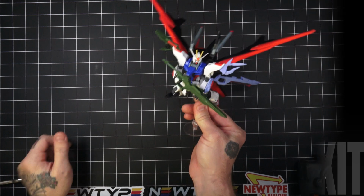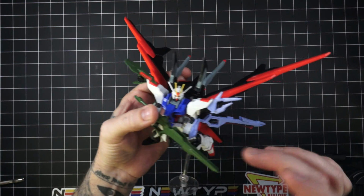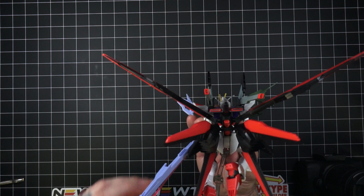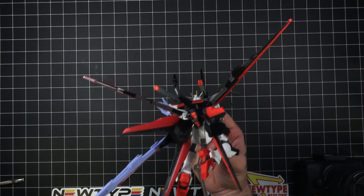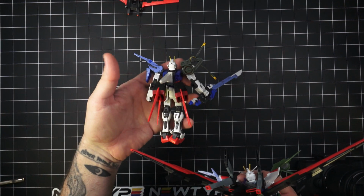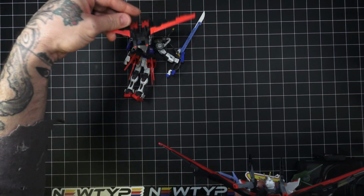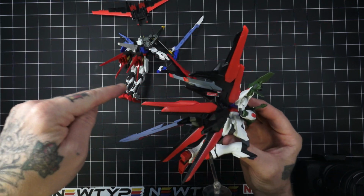Okay, so I loved the way this one was built together. I love the way the shoulders went. I'm impressed by the Strike series, Seed Destiny, I believe, when it comes to the backpacks in general, that shape. Like I have, what do we got? The Real Raid, which you know falls apart pretty easy. But I just love that shape of the Striker backpack. Fix that later. But I love this shape, this kind